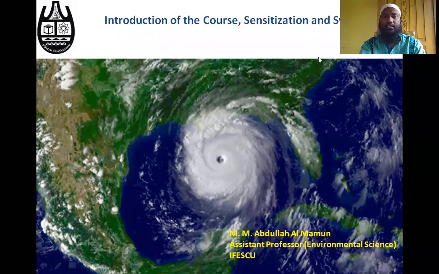meteorological aspects in a different process. That means the examples will depend on environmental phenomena rather than the forestry sector. That's why we are dividing these into two courses. But a few of the chapters, such as dynamic meteorology or thermodynamics, the laws, can easily be shared between these two groups. So today, what I'm going to do,